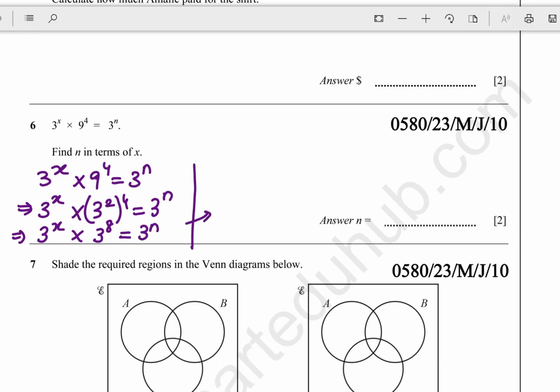So now the left hand side has 3 raised to x into 3 raised to 8. That is of the form a raised to m into a raised to n, so that is equal to a raised to m plus n. So it is equal to x plus 8, equal to my right hand side, which is n. Like I told you, if the bases are equal, forget the bases and equate the powers. Therefore we have x plus 8 equals n,